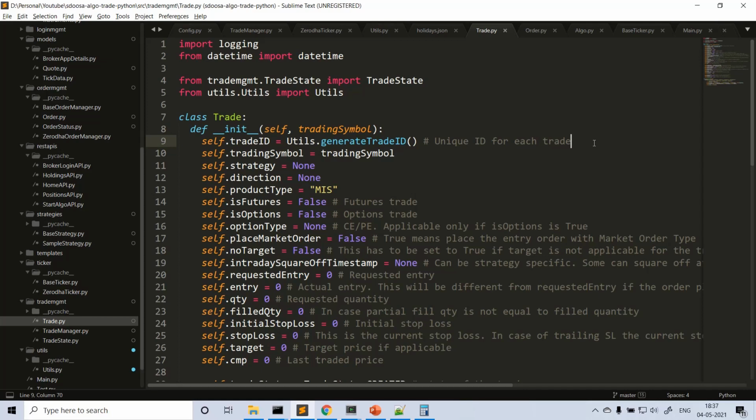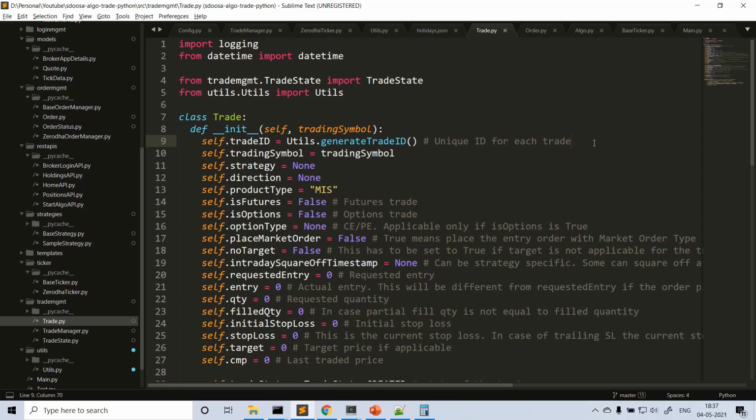What else do you have? In case of an SL order, based on your strategy, you may trail the SL. Your trade can be of type intraday margin, NRML or CNC, or it can be in futures or in options. In which direction is your trade, a long trade or a short trade?